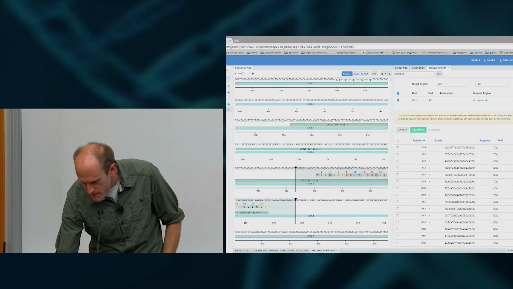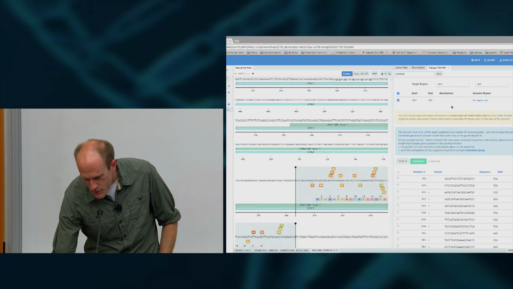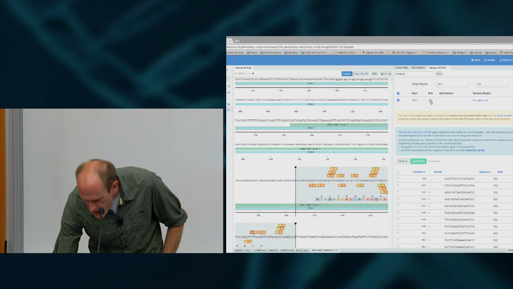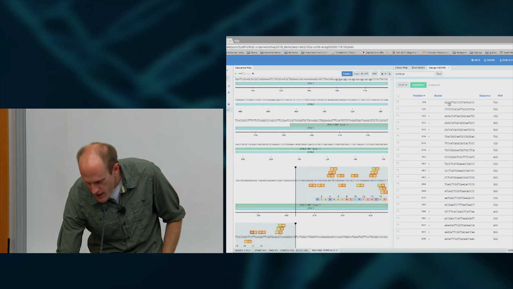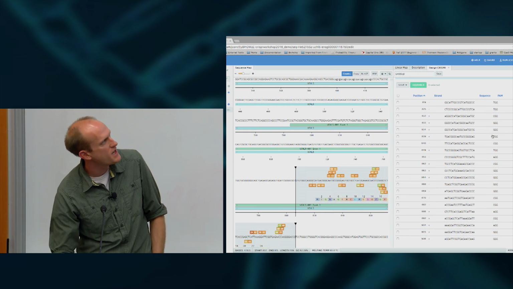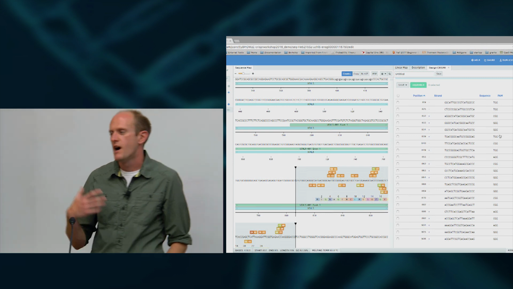You choose your region. You would say, oh, I want to find these things. You found it. And then for every guide, it gives you the sequence of the PAM, and it gives you an on-target score and an off-target score. So this is just a way of pointing out,